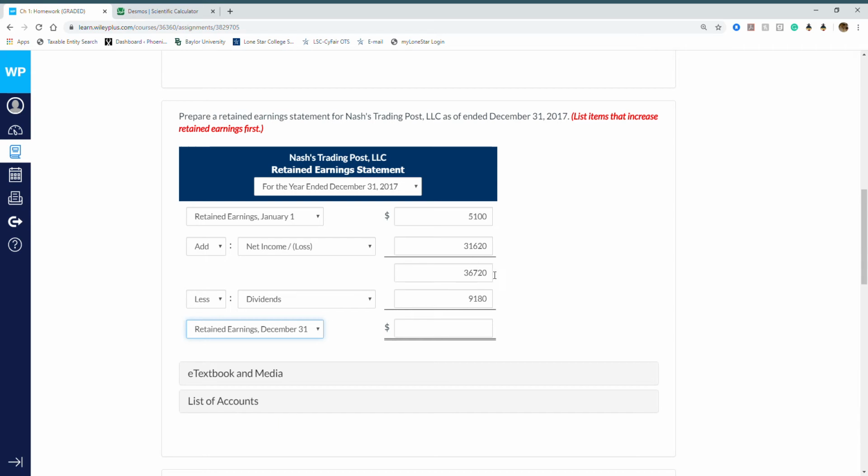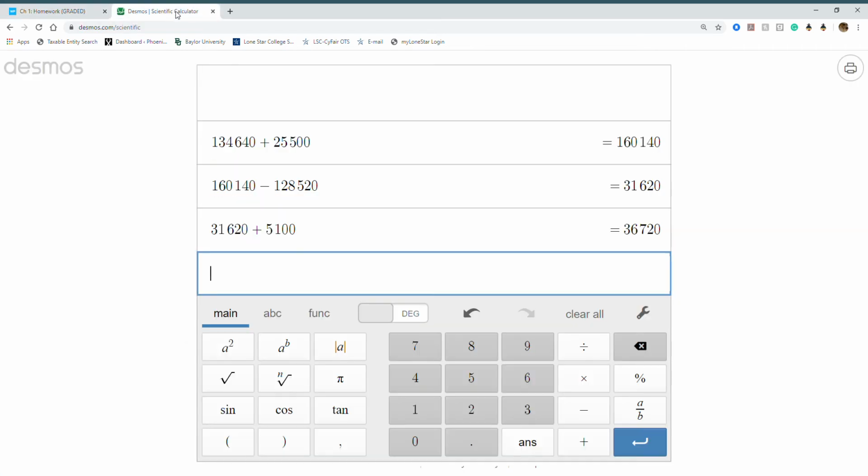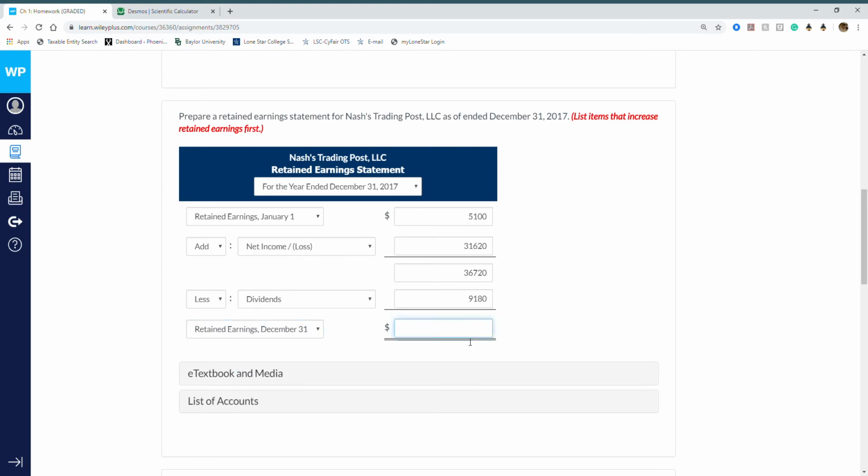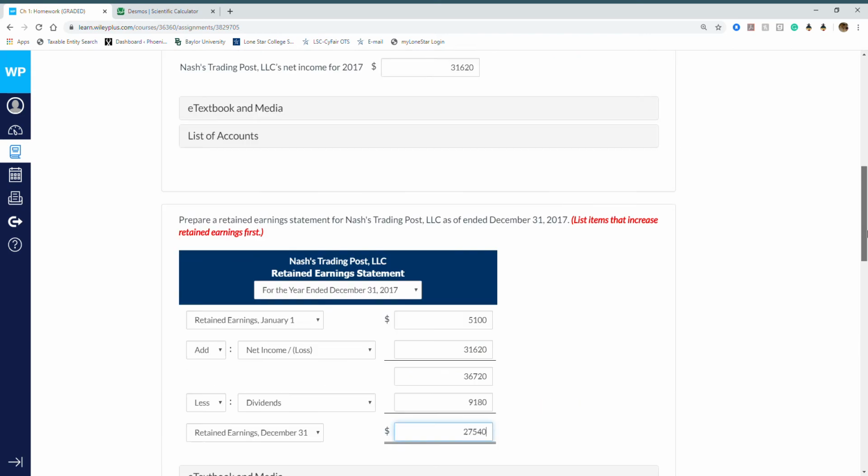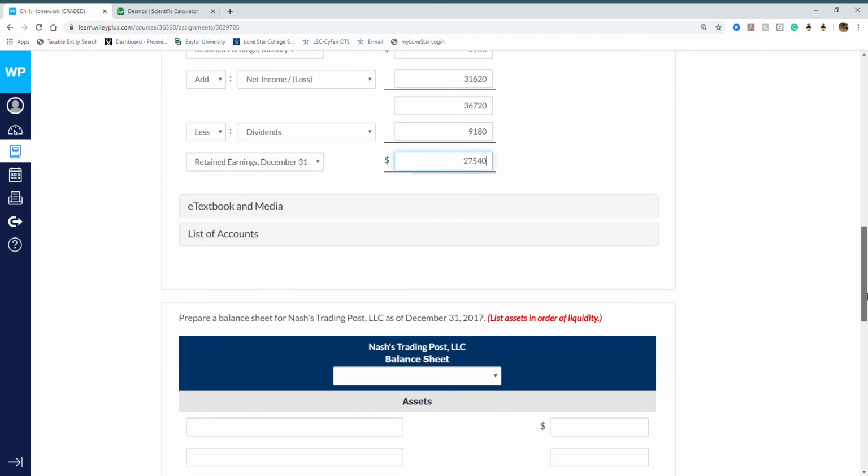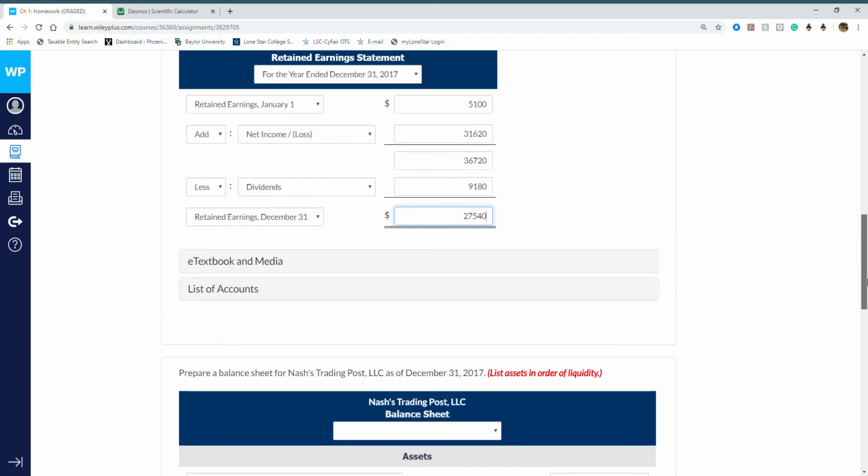So 36,720 minus 9,180 leaves us with 27,540. That's really it for the retained earnings. Not much to it. Just remember, add net income, subtract dividends. Don't forget your